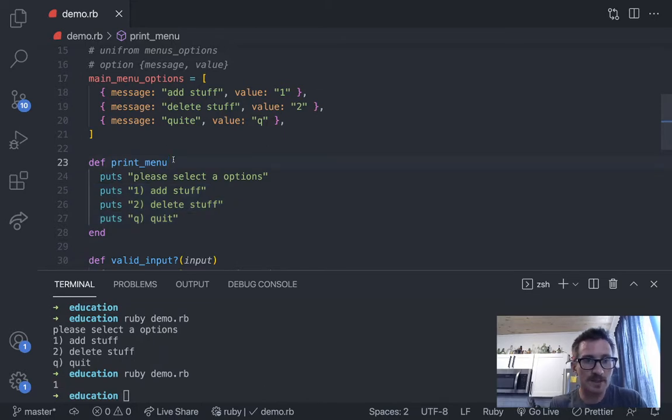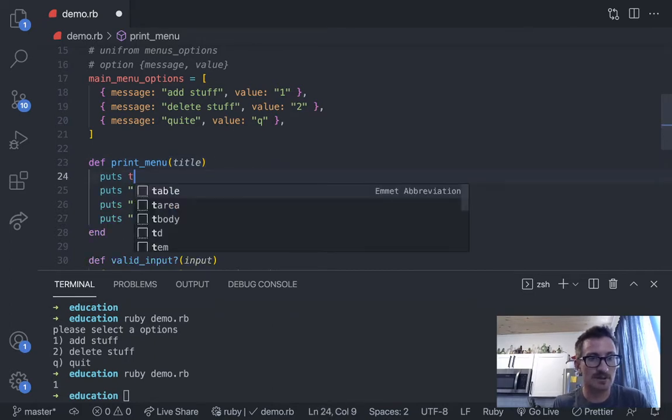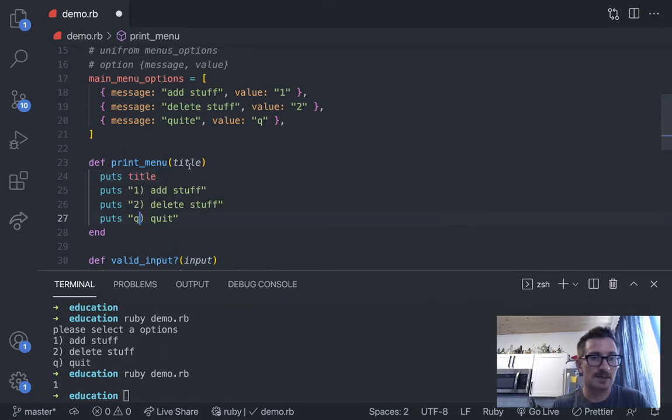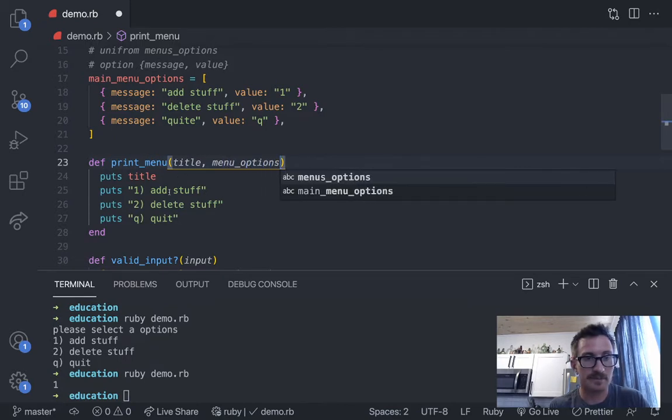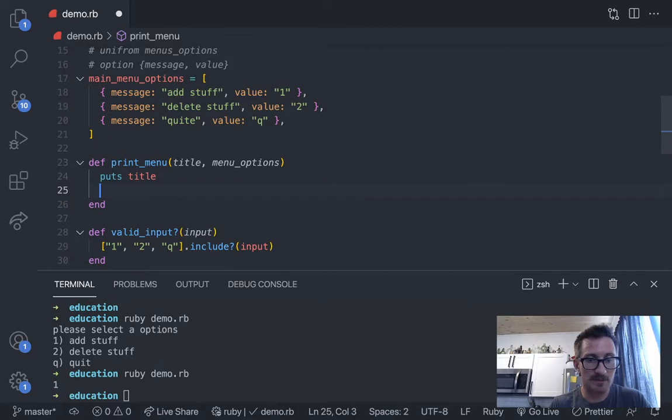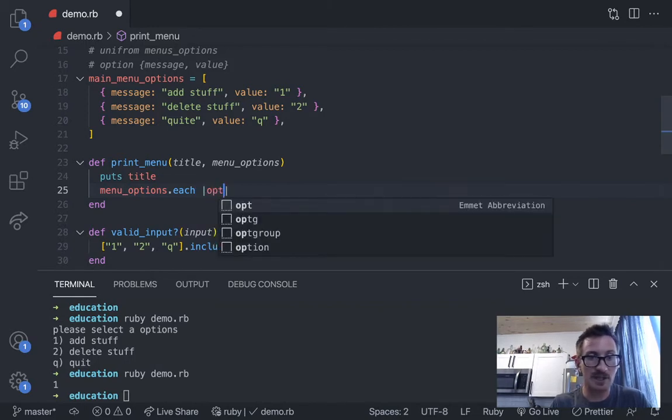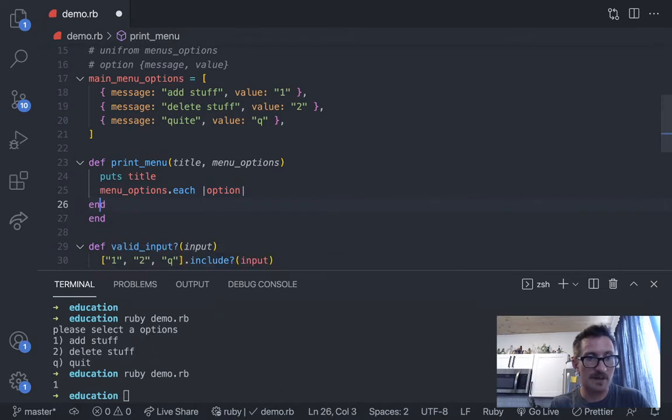So what I'm going to do instead is I'm going to have this print menu take a title. So we're not hard coding this title. The user can give me the title. And then they're also going to give me menu options. What I'm going to do is I'm going to take the menu options that were given to me. I'm going to do an each loop. Let's go through each option. And I'm just going to puts out, let's interpolate this, the option